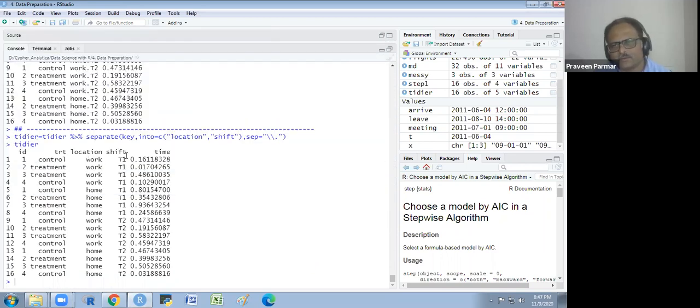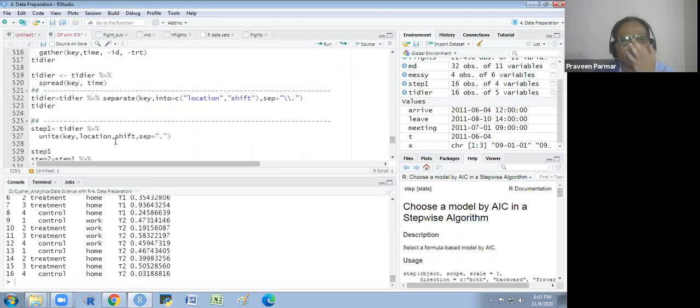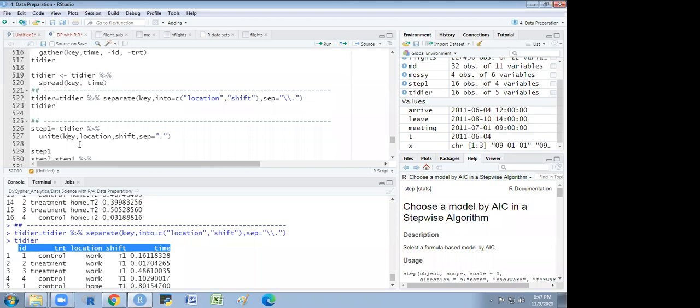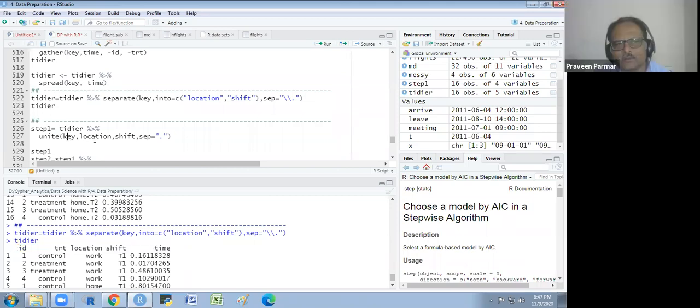location and shift. Yes, sir. Getting it? If you want to unite it again, you could unite it with the unite function and the key column, you are making a new column key because there is no key column now. So we are making a new key column with the support of location and shift. These two columns we want to merge, and with the dot we want a separator between work and time shift.